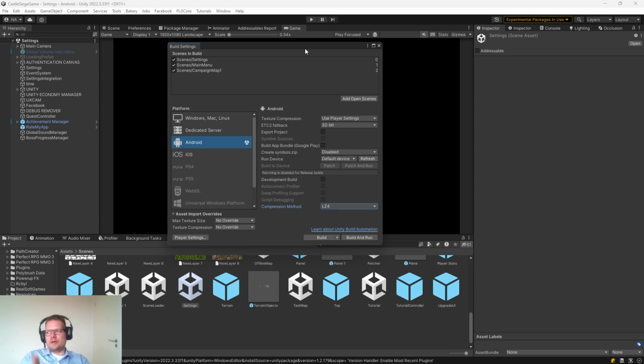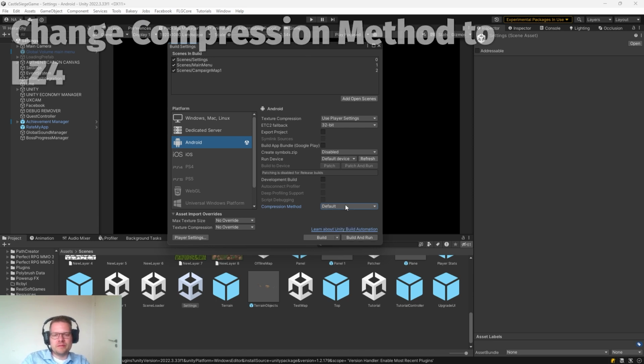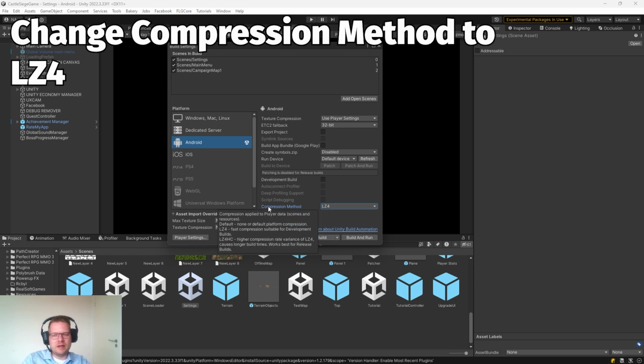So the last one is a compression method in build settings, which is one of the most important ones. This one is always set to default. I would not suggest that. Just change this one to LZ4 and it will make wonders for your game. That's the last one. I think we came up, what did we save? We had a reduction for